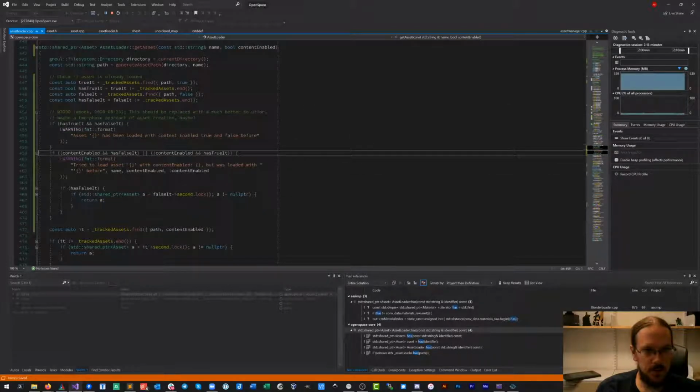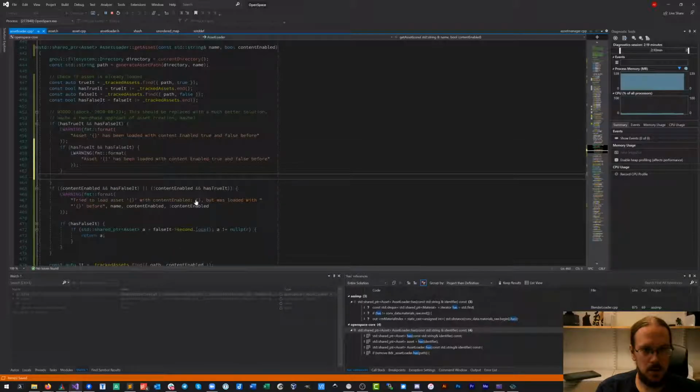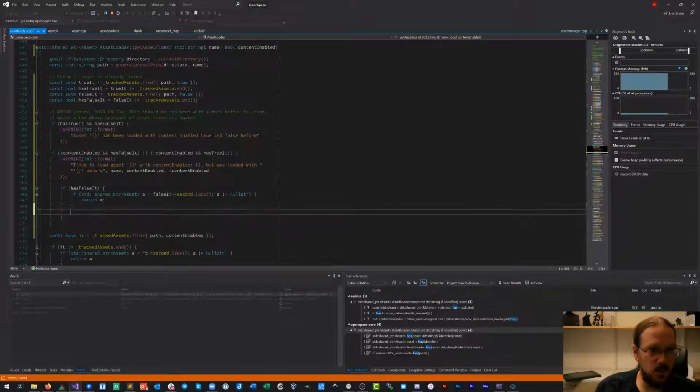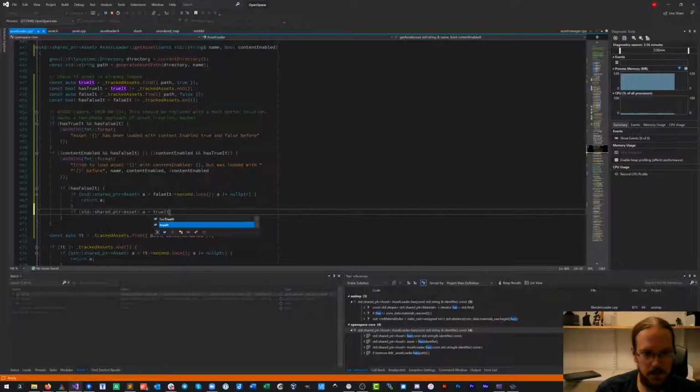Let's do this one first. Well, if it's both, yeah, we'll just get a lot of error messages or warnings if it's both, which should never be the case anyway. We then check if the true it.